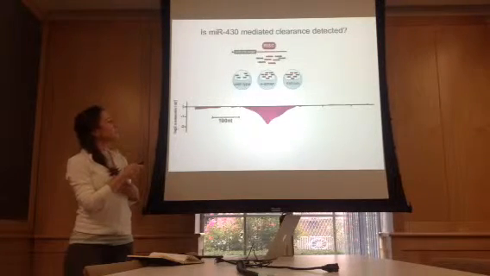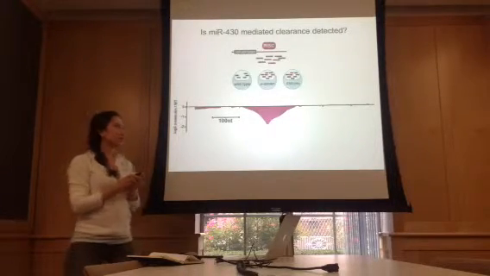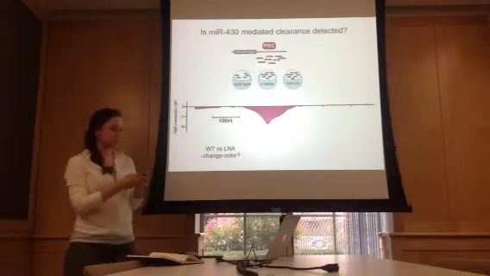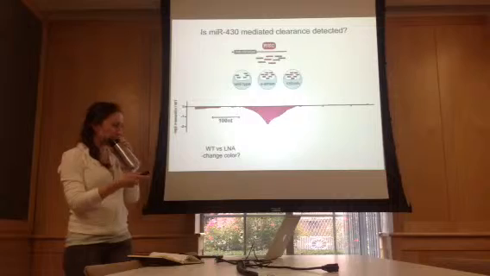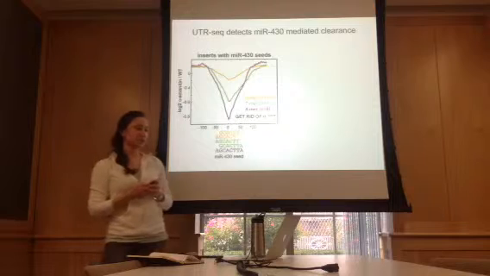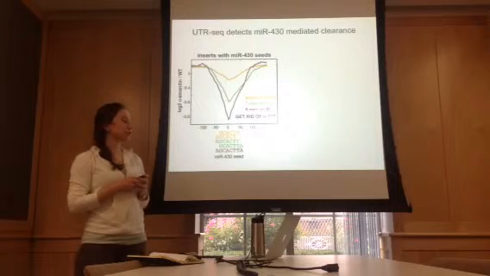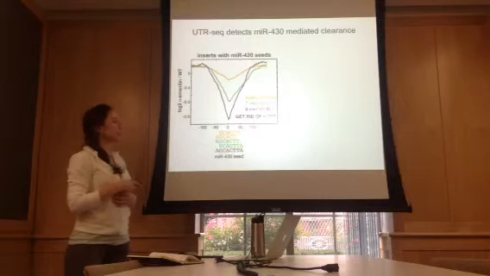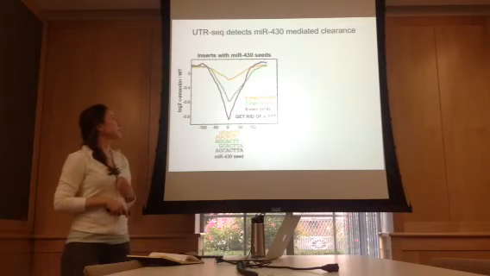This indicates there's a depletion of reads in the wild type scenario, and likewise this is true when we look at the miR430 inhibition condition. Furthermore, global analysis of all miR430 regions demonstrates that this method can detect miR430 activity. This is a meta plot showing all regions containing miR430 sites in our experiment, and we can in fact even detect the relative strength of clearance.